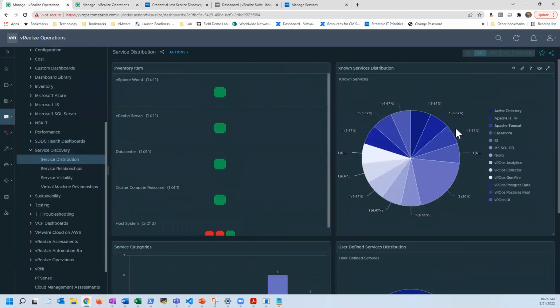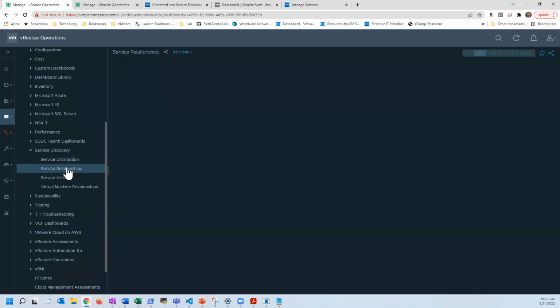So we have a good way to look at service distribution and see what's out there. A great example as far as visibility: if you aren't expecting anyone running Microsoft SQL, for example, or any applications that you're not expecting, this is a good way to start to see what we have going on. What are we running? You get visibility into your overall environment and can see if we have rogue services. So we have a service distribution dashboard,